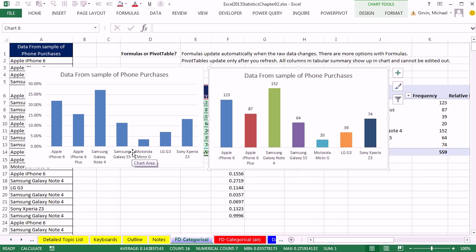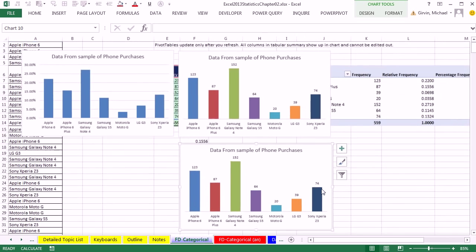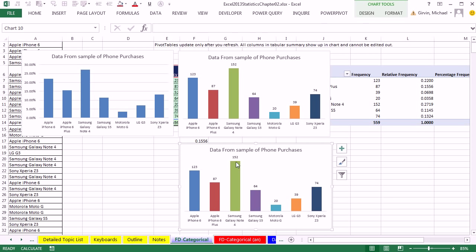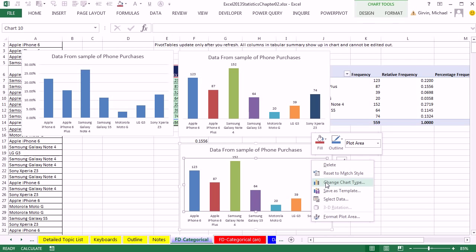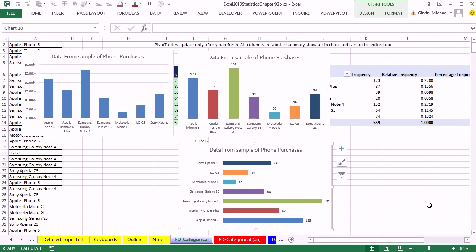Now, let's go ahead, and I'm going to copy this chart, Control-C, and then right below, I'm going to Control-V. We talked about in week 1 how if you turn a column chart on its side, it's a bar chart. And sometimes for emphasizing differences, that's better. Or when you have long titles, I'm going to right-click in the white area and point to Change Chart Type. And let's go to bar, click OK. There's a comparison. They're relaying the same information in slightly different forms.